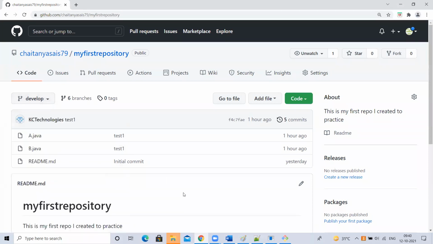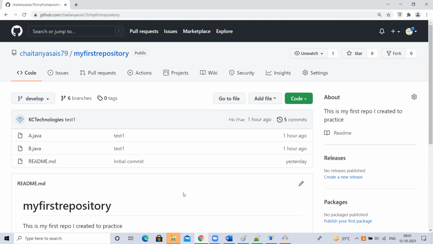Understood, guys? How to change the default branch, how to create a branch in local and check out to that, in a single shot if you want to create a branch and check out, how to do that, and how to push the locally created branch to GitHub. You understood? Once again, that is the interview question. What is the command to create a branch? Git branch name. How to check out to that? Git checkout. But I want to create a branch and check out to that branch in a single command: git checkout -b branch name. That is the interview question. You remember it.